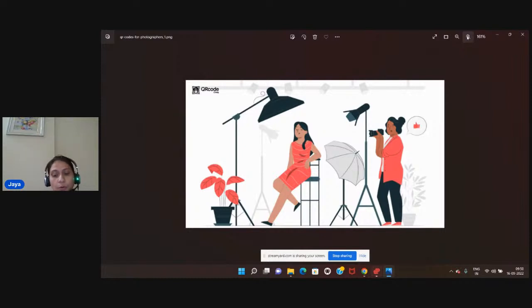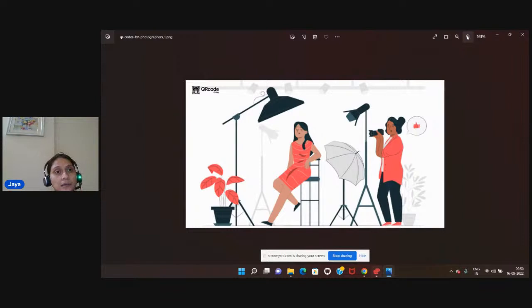By scanning this QR code, people can easily see your work and have access to your work, which is really, really important for every business. Every sector has that intention that the client should see their work, what they are doing, what their skills are, and what their capabilities are for this particular industry, because everybody wants the good